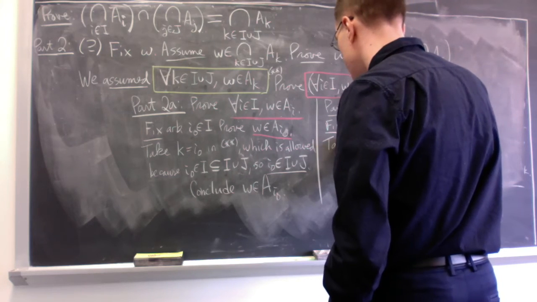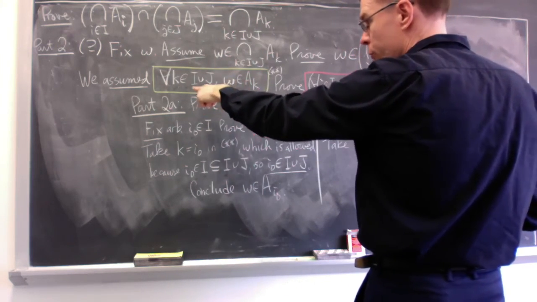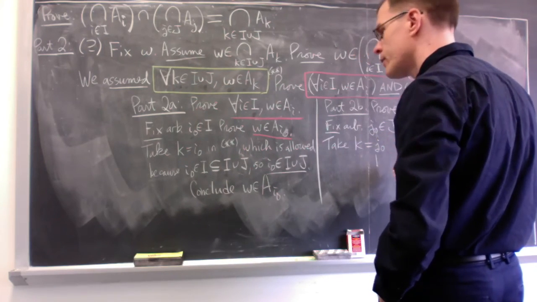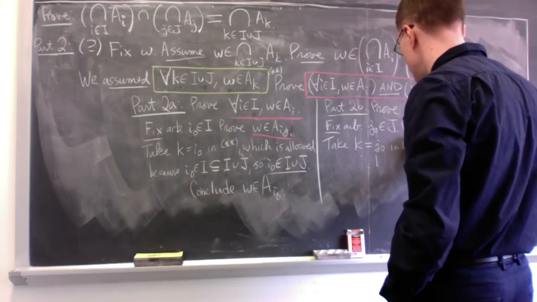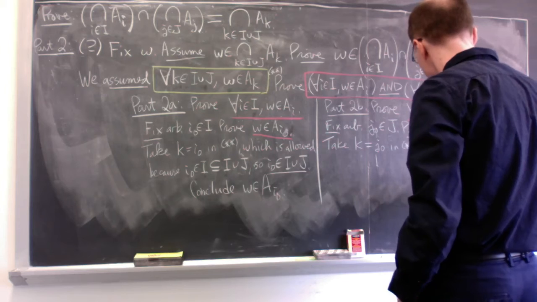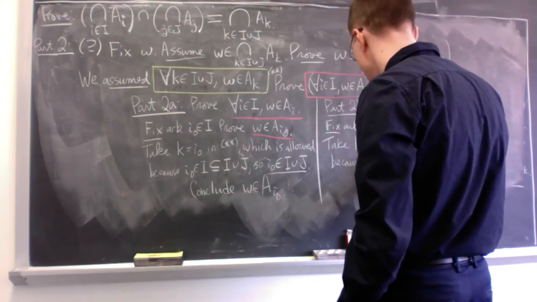And of course, you're not going to be shocked that this time you can use the known universal statement over and over again and use many different Ks. Now we can take K in this part to be J naught. Well, is that really okay? That's okay, that's permitted, only because that J naught